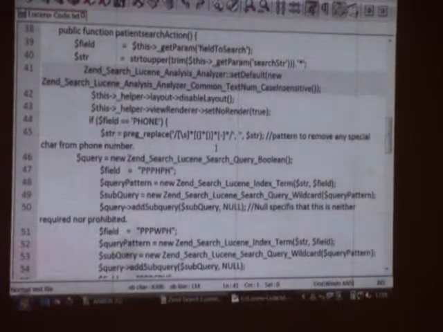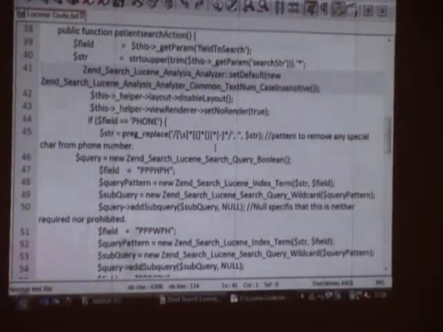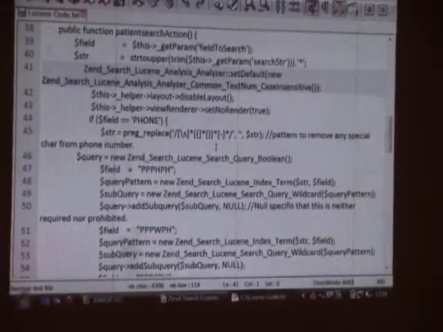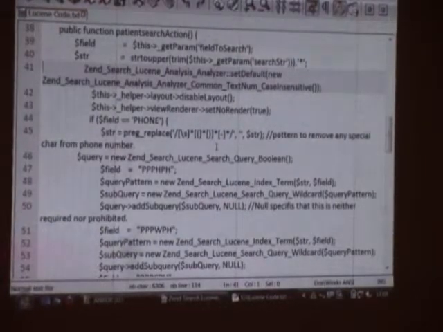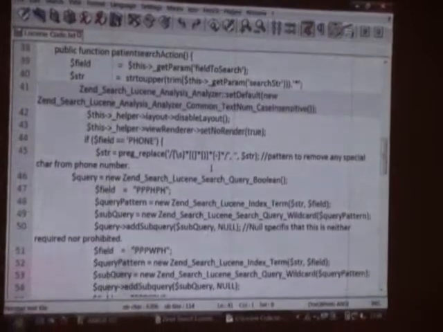Then skip 2 lines, disable layout and set no renderer. Skip those. Here, suppose I provided the phone field. My requirement was that if somebody looks into the phone, then the phone field should be looked into across all 3 phones. I mean, for a patient, it should look into home phone, work phone and cell phone.